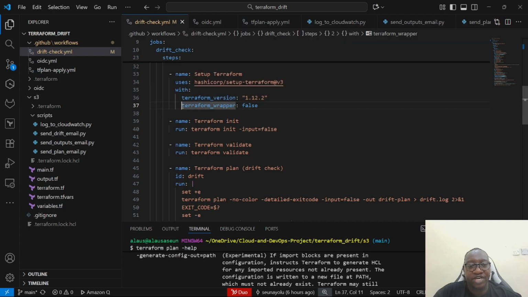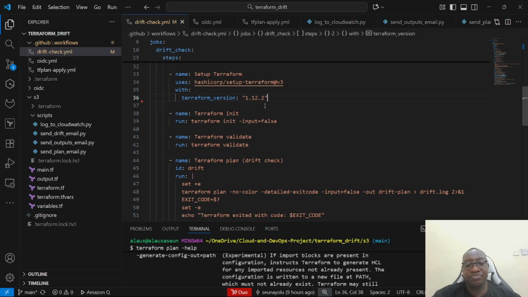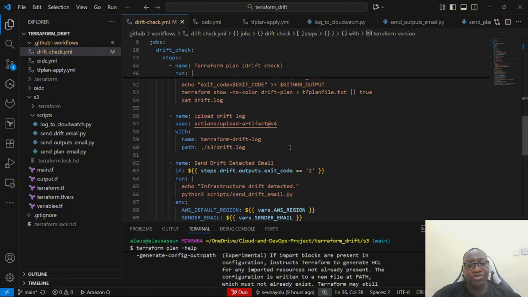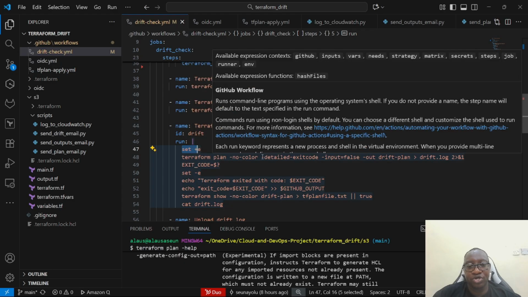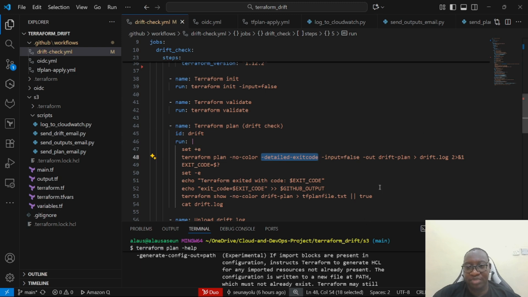We need terraform_wrapper false, because for example, let me show you something. Let's see what will happen if I remove that option. Remember, there is a drift, right? We've disabled versioning, so there's a drift already. So now let's apply this, and what we have here is this: set -e, terraform plan -no-color -detailed-exitcode, and then of course we're outputting the plan and all of that. And then exit_code equals